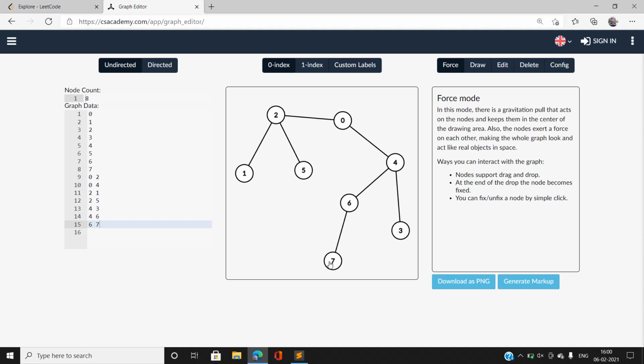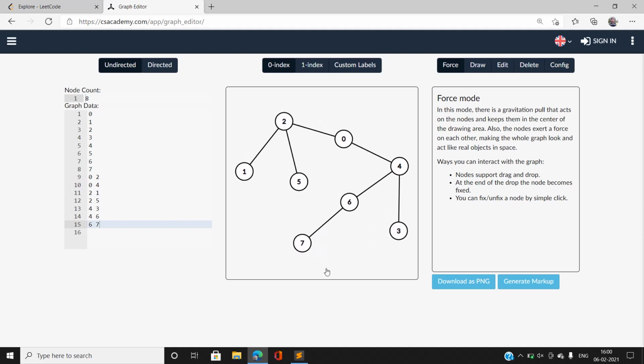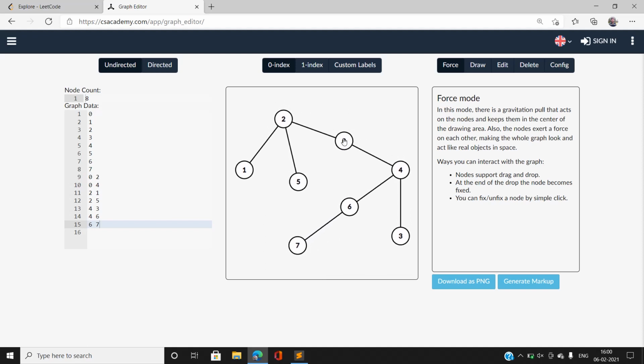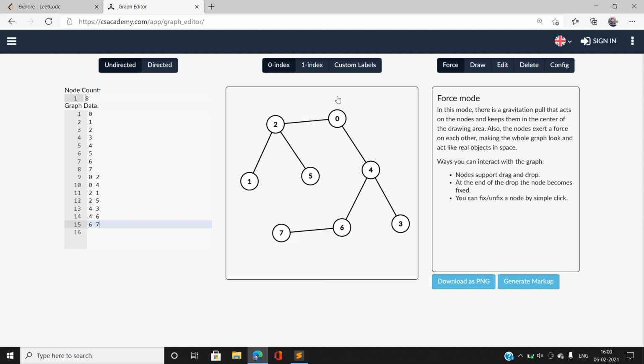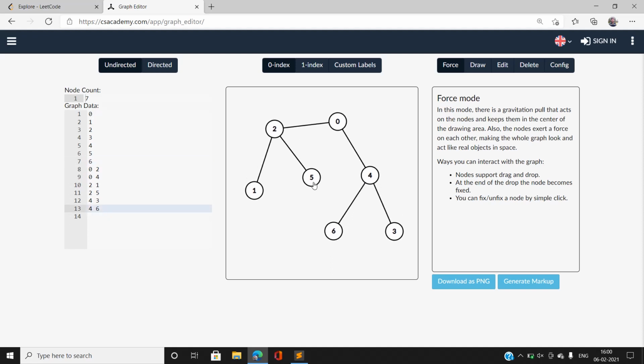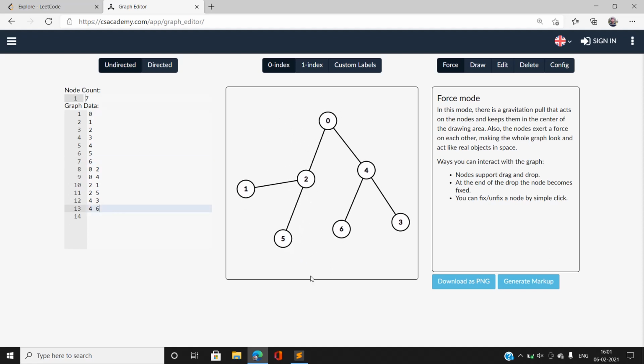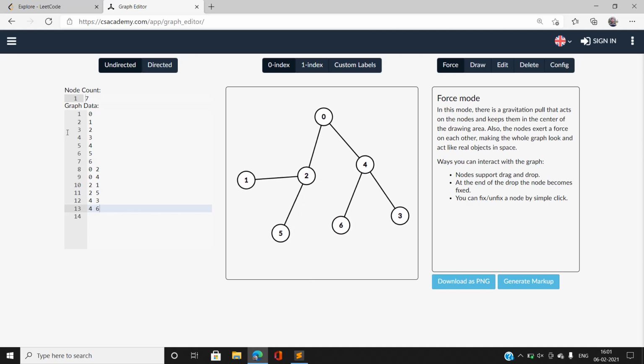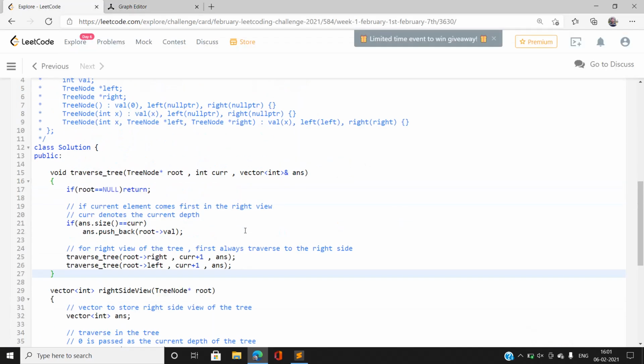So if we view this binary tree from the rightmost side, then 7 will come out to be the first node at this level. So I will append 7 to our answer. Now I'm going to erase this, so this is no longer useful. I'm going to erase this also. Basically, I'm going to approach this binary tree like that. So let's move on to further understanding.